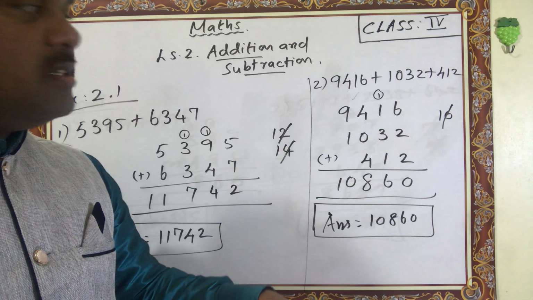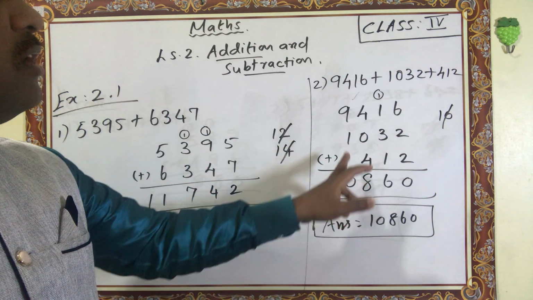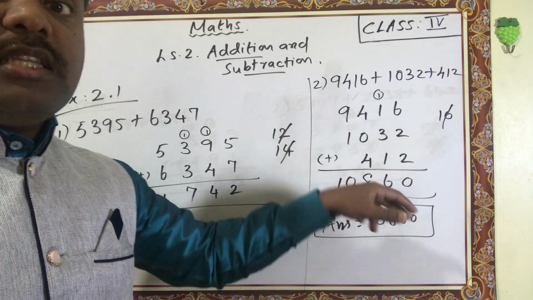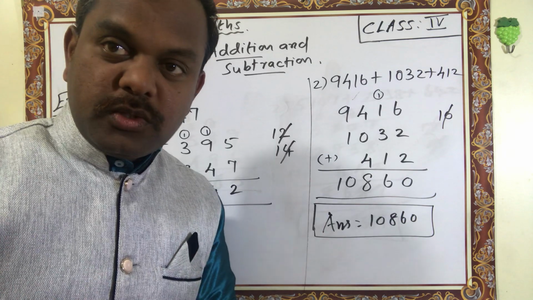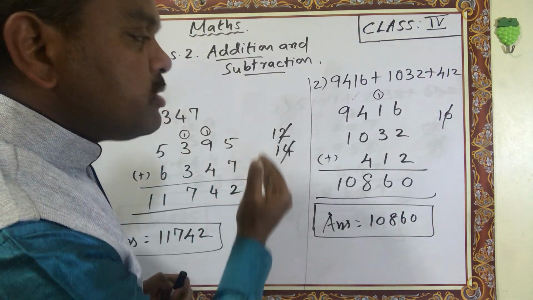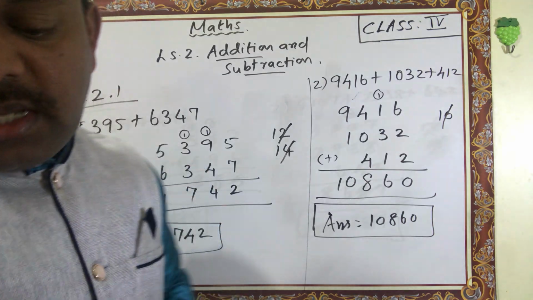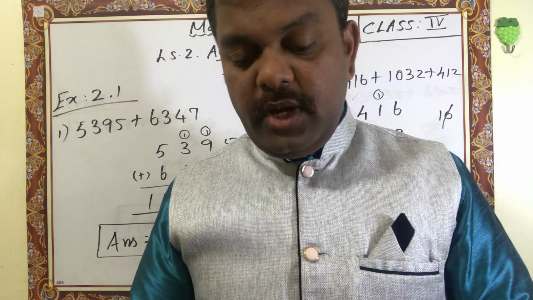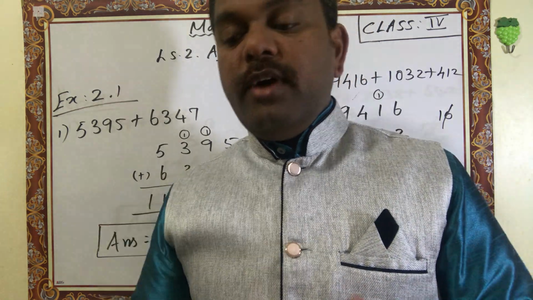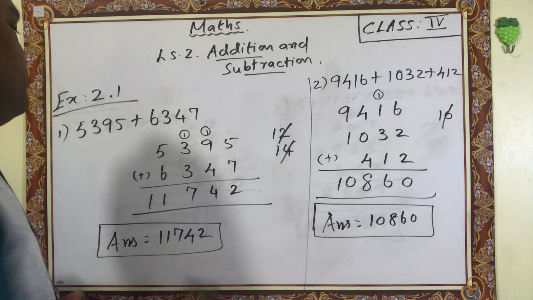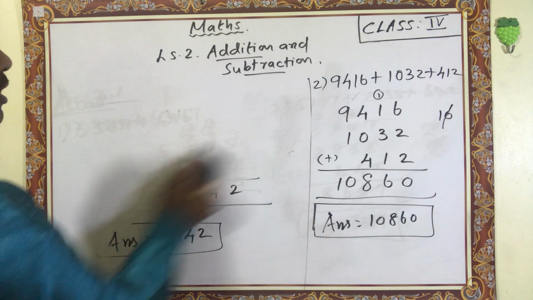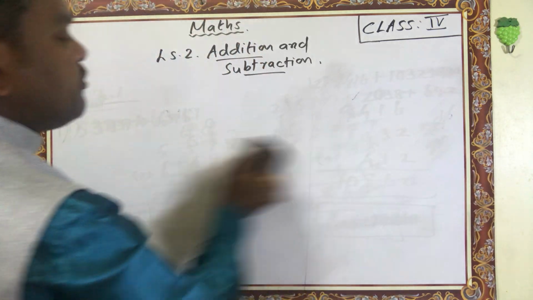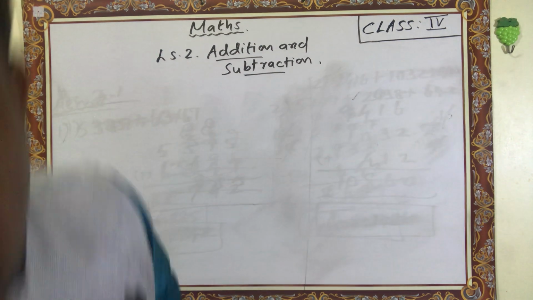Always leave some space, right? If you are not leaving space, and other digit numbers are coming, like this 4-digit number, 4-digit number, 3-digit number, you will get confused when you are adding. That's why I told you to leave some space, then write. Okay, this is addition. And some more addition also, addition of 5 and 6 digit numbers. All additions are the same, but answers will be big. If you are adding a 5-digit number and a 6-digit number, sometimes you will get a 6-digit number, sometimes you will get a 7-digit number.